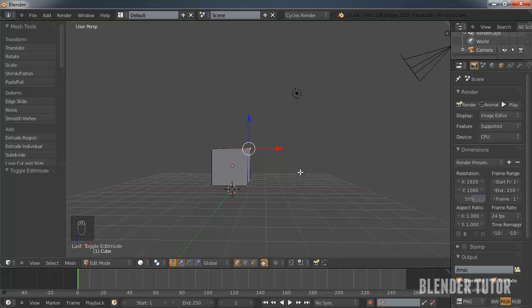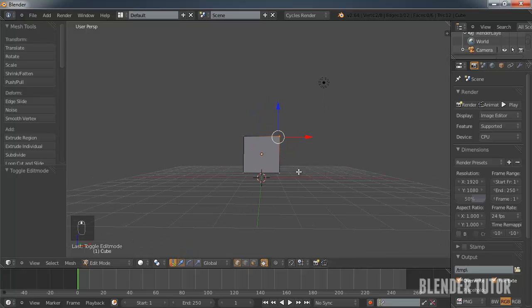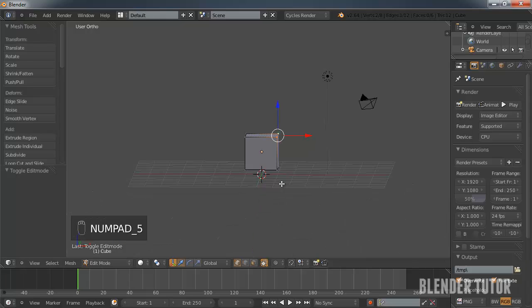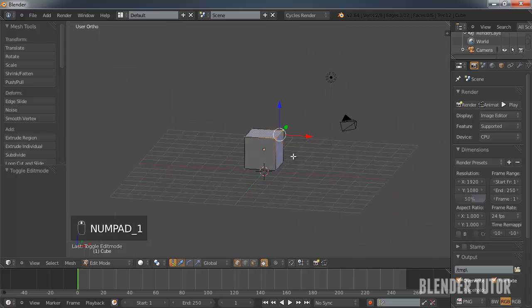the camera right now is in perspective view, which you can see as the lines go away, they're all going in the same direction. It's basically a more realistic view, how we see the world. But to do things more accurately, especially with harsh objects like a cube, you can go into orthographic view by hitting 5 on your numpad, which basically just flattens everything.